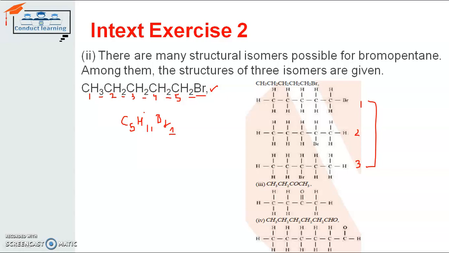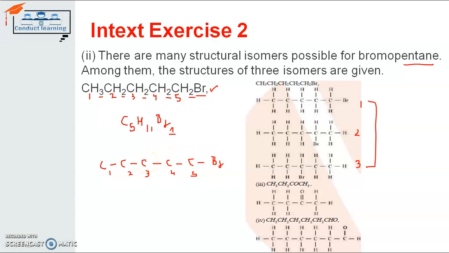So bromopentane will be drawn according to that first structure. So accordingly the carbon atoms, because it is a pentane, this pentane is written there, so that's why there will be a saturated bonding between the carbon-carbon atoms. That means to say a single covalent bond between the carbon-carbon atoms. So accordingly we will take 5 carbon atoms. We will name them as C1, C2, C3, C4 and C5 and 1 bromine atom. So it will be there with that last one. This is one kind of structure of bromopentane.